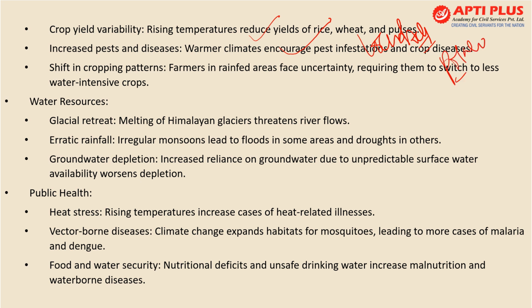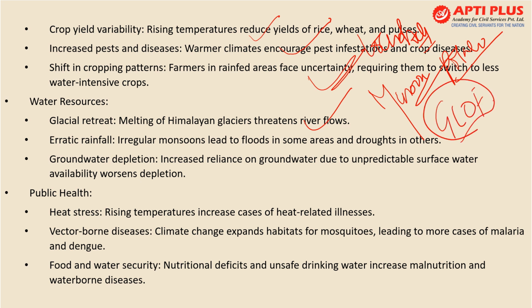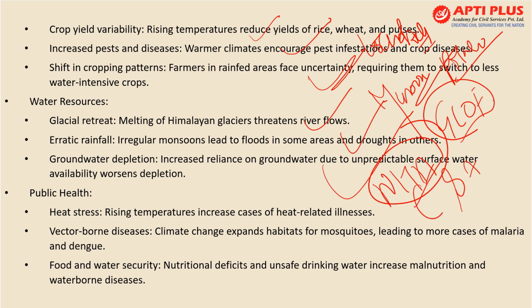plus potato में wilt disease excessively increase होना, shifting cropping pattern because of the uncertainty and dependency on monsoons. Then with respect to water resource, we'll write कि glacial lakes are retreating, then we are having glacial lake overflow. Then South Asian region is facing the worst water crisis, erratic rainfall, groundwater is depleting. Then you can quote Niti Aayog report here with respect to groundwater,